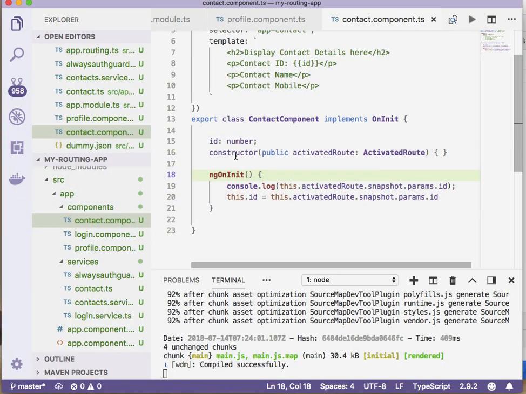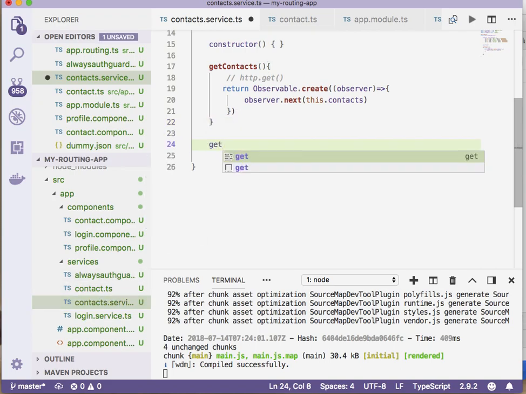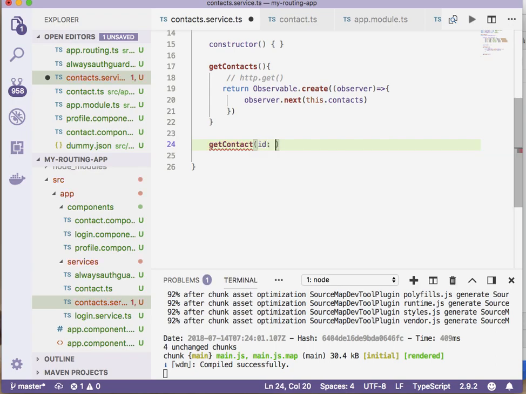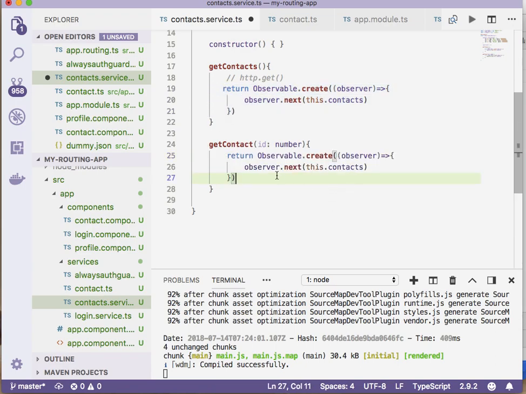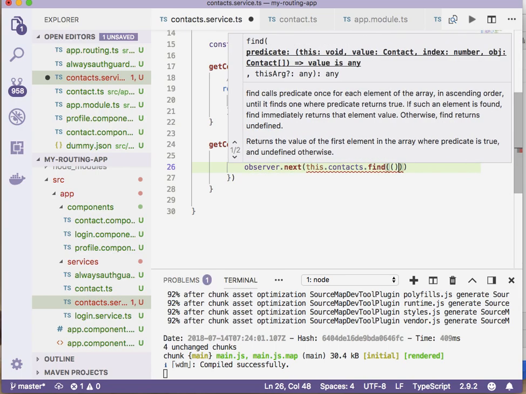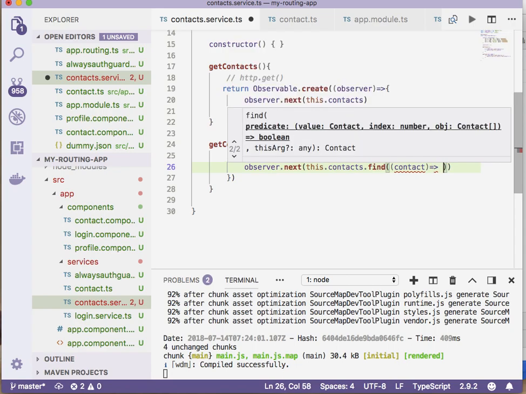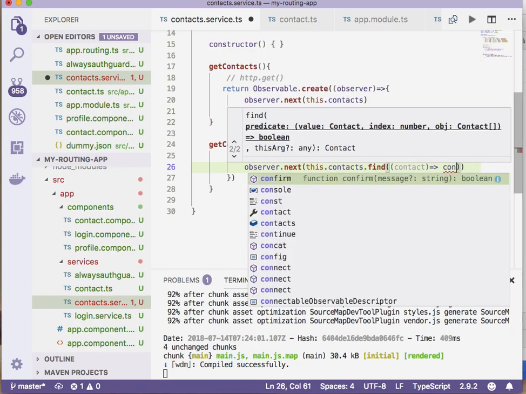So let's quickly go over to the code here, and we'll go down to the service class, and I'm going to write one more method right here. We'll just get contact, use the ID, which is of course a number type. And then I'll just possibly do the same thing. This also returns an observable, just that the observer.next method has this.contacts.find method, which gives me each contact, and then I'm going to run the condition, which is